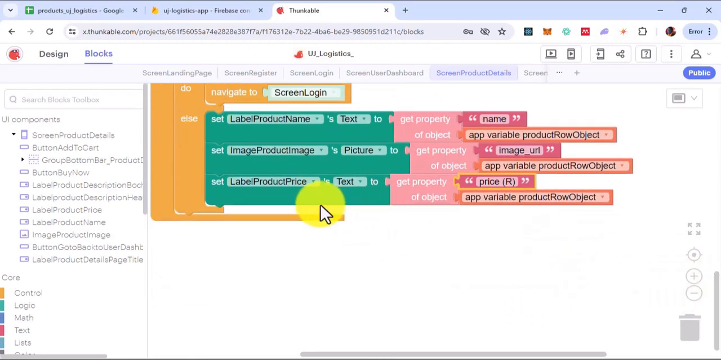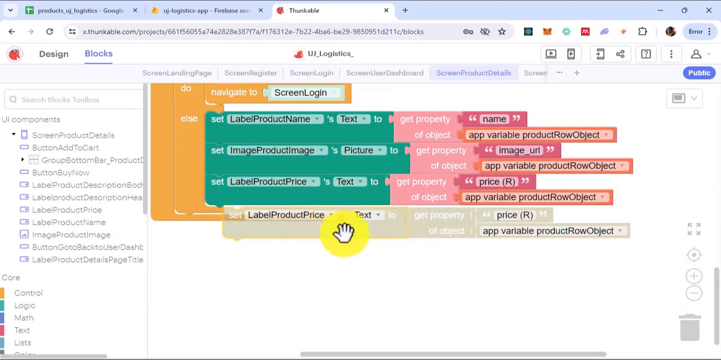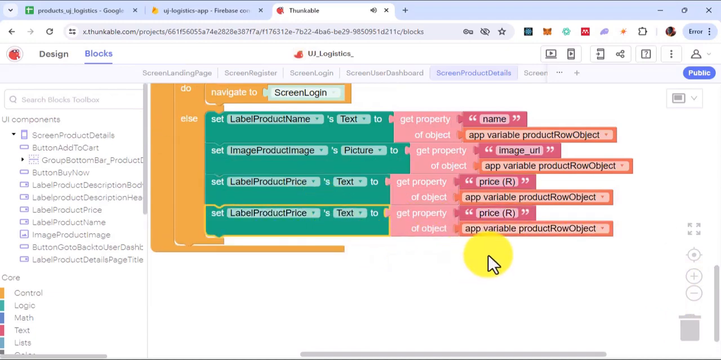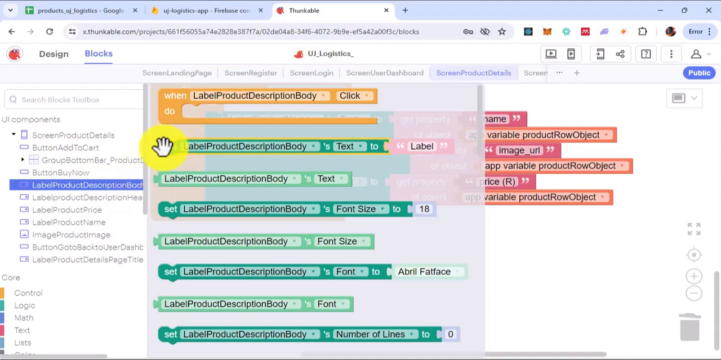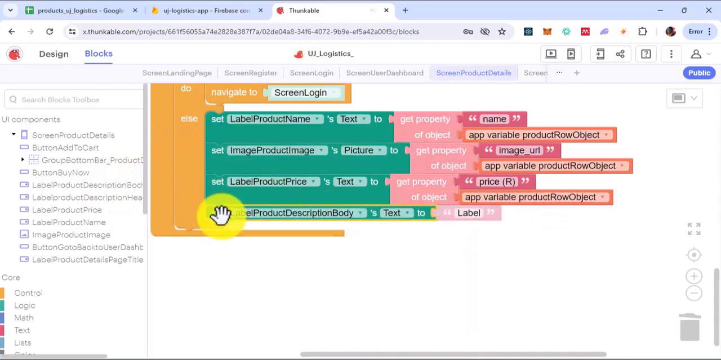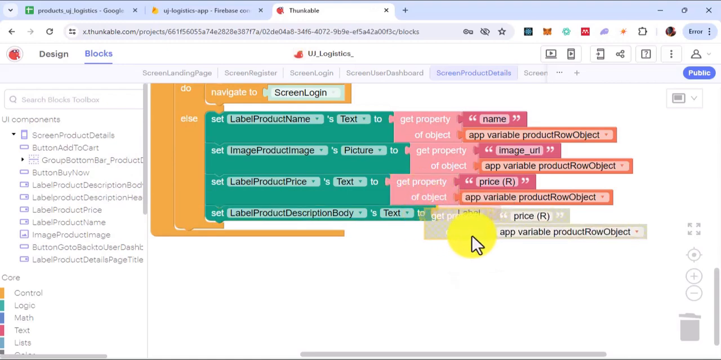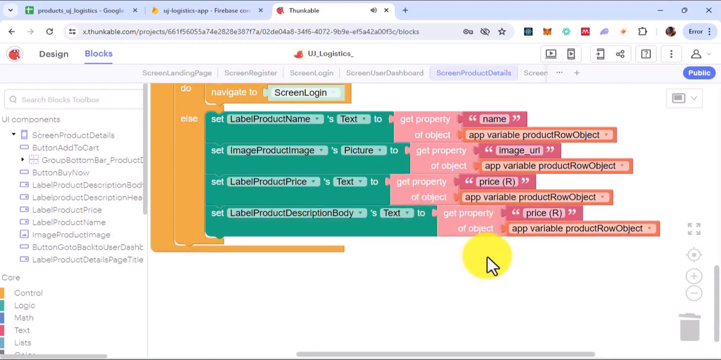So I am going to duplicate this, no, I don't want to duplicate it so that we don't get ourselves confused. Alright, so the next thing now is the description body. So label description body, set label description body, and now I'm going to duplicate the get property, and the description that I actually